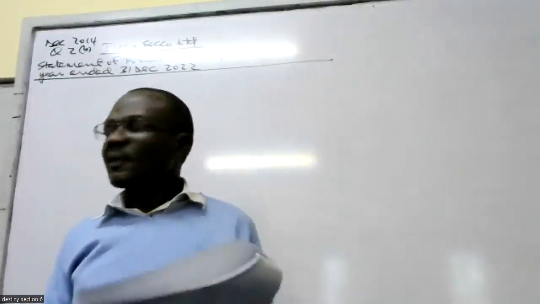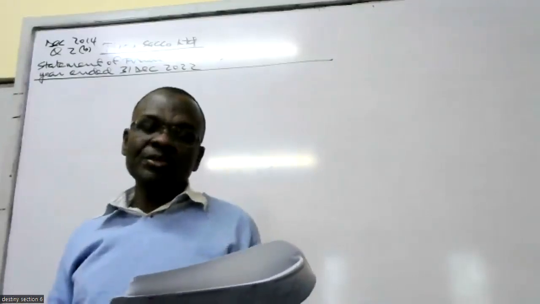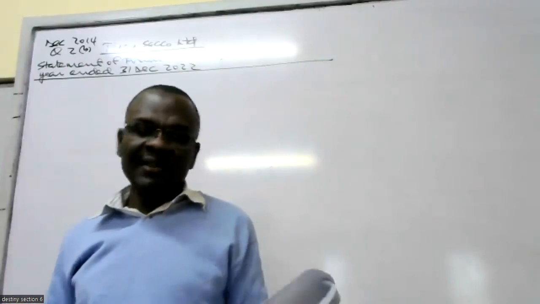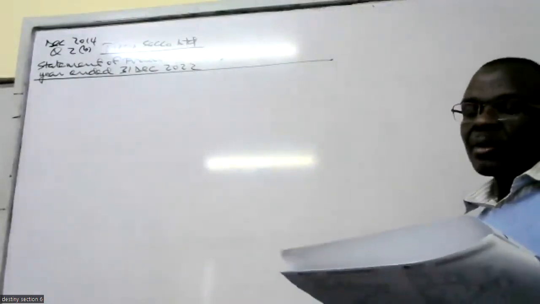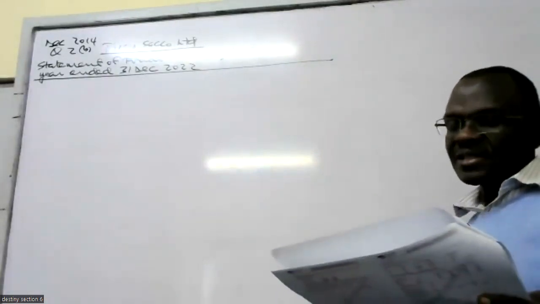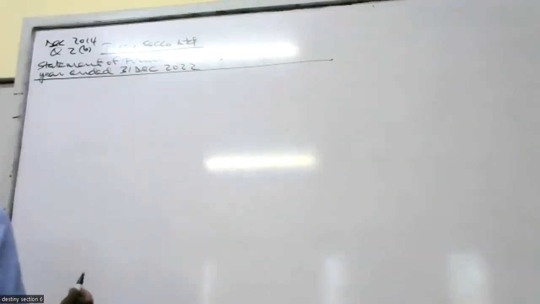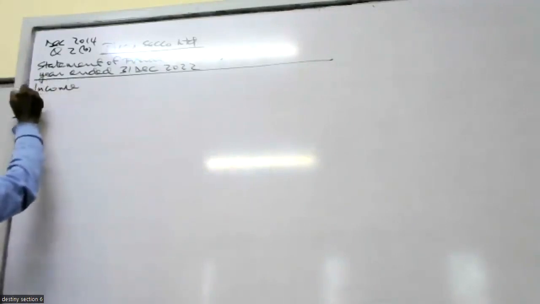And to me, the easiest one would be to use the direct method, where you just put columns and you capture the information required and get the taxable income. So just like in November 2015, even this, we can use the direct method because the examiner did not specify, did not insist he wanted us to use the adjusted profit method. So under the direct method, we just put columns and capture the information required.